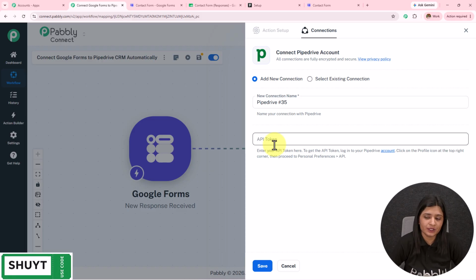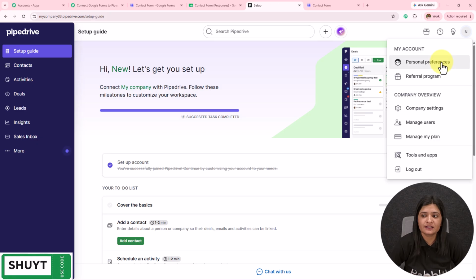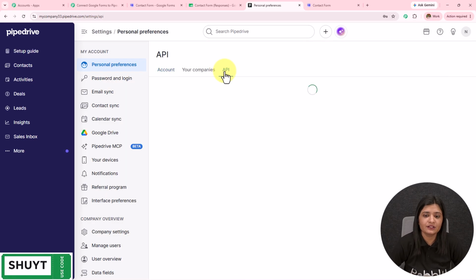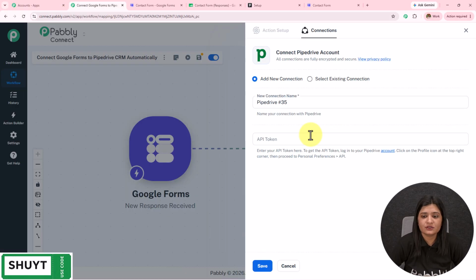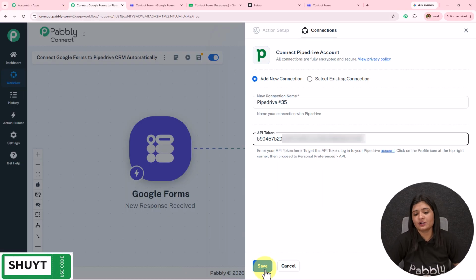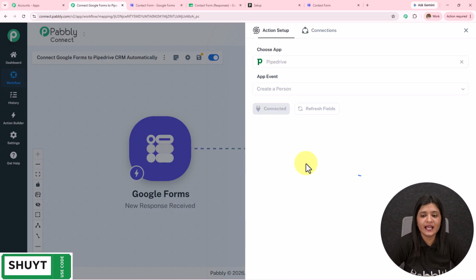enter the API token. To get this API token, I have to go towards the profile, personal preference, and API. I'm going to open my Pipedrive, go towards this profile, click on this personal preference, and then click on this API. I'm going to copy this, and then I'm going to paste it over here, and I'm going to click on this save. So here you will see Pipedrive will be connected to Pabbly Connect, and then I have to